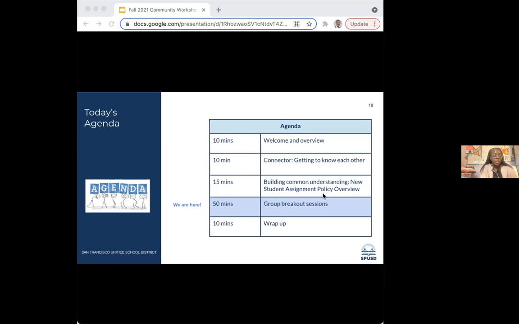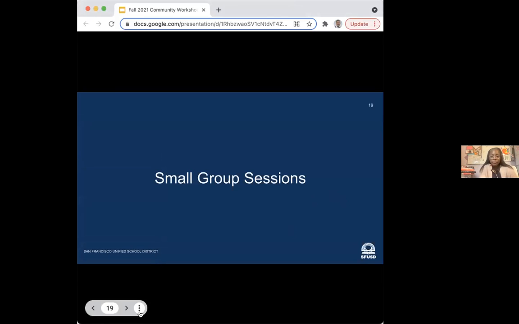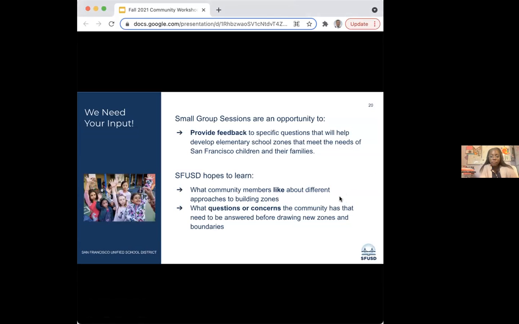We are going to now transition into talking about how our small groups will work. So tonight we're going to have a chance to work together on different approaches to building the zones. We know you'll have a lot of questions about how specific things will work in the new zones, and your questions and insights will be super helpful.